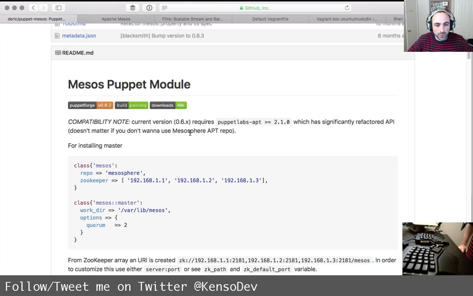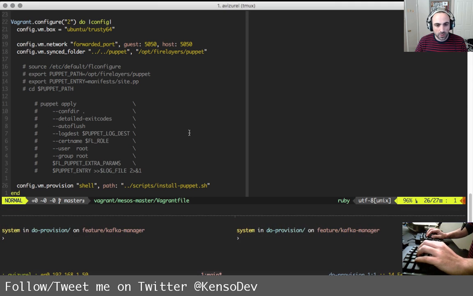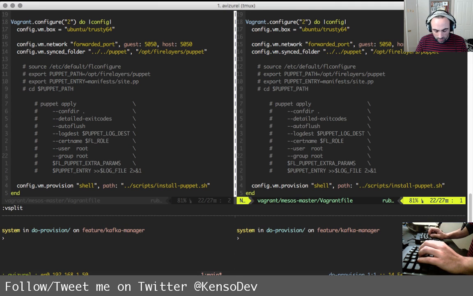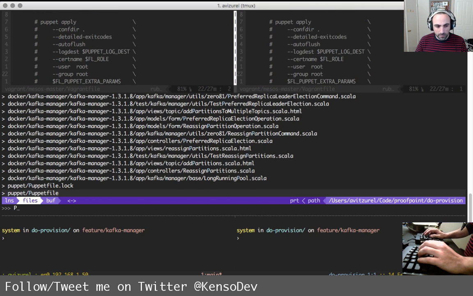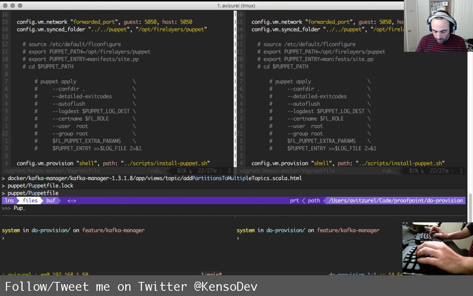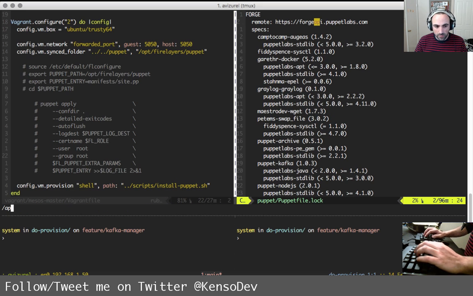Yeah, it's pretty cool. Okay, so let's see. So Puppet Labs APT 2.0. So let's see if I already have a dependency on that. Because if I need to install the dependency, then let's look at our Puppetfile here. Puppetfile.lock. And let's look at APT.